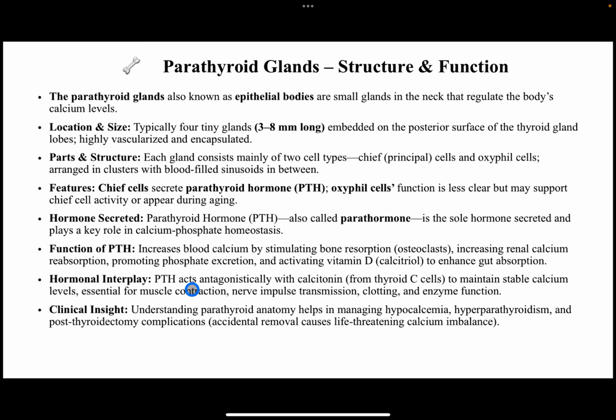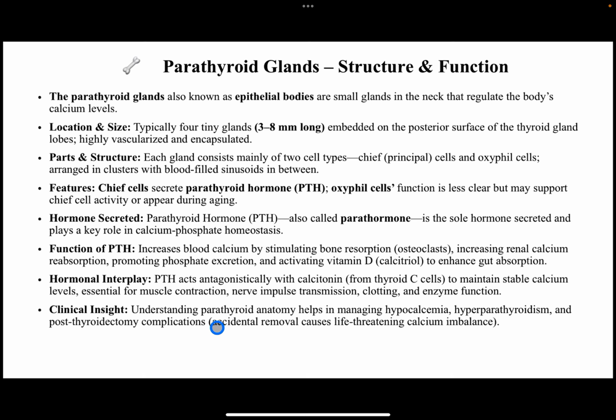So the parathyroid hormone acts antagonistically to the calcitonin from the C cells of the thyroid gland to maintain stable calcium levels, essential for muscle contraction, nerve impulse transmission, clotting, and enzyme function. Now, if you understand the parathyroid hormone, clinically, especially if you understand the parathyroid anatomy, it will help you in managing hypocalcemia. It will also help you to appreciate hyperparathyroidism and